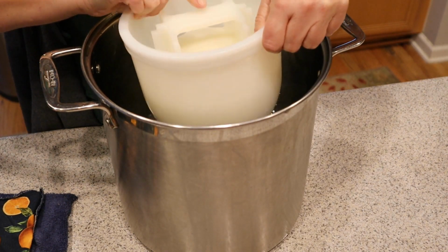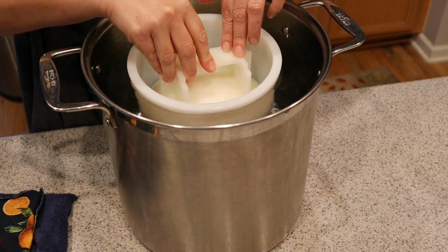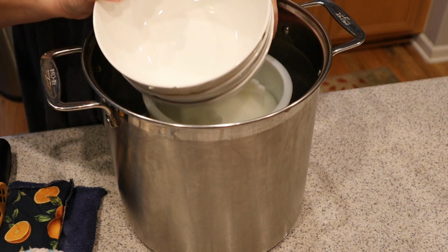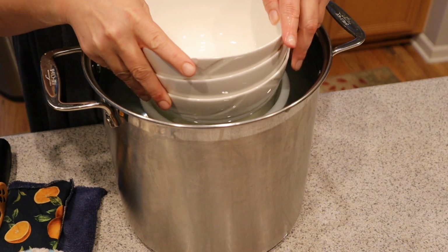And put our mold in. Okay, I got some bowls here. I'm just gonna weigh this down so it stays on the bottom. So this is gonna stay for about, like I said, 8 to 10 hours, and then I'll take it out,